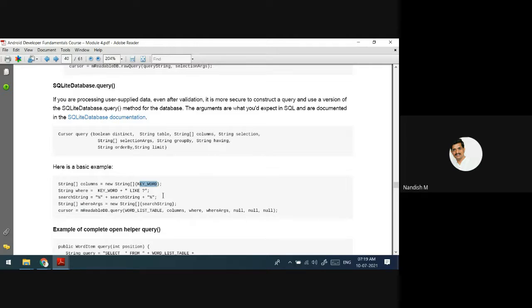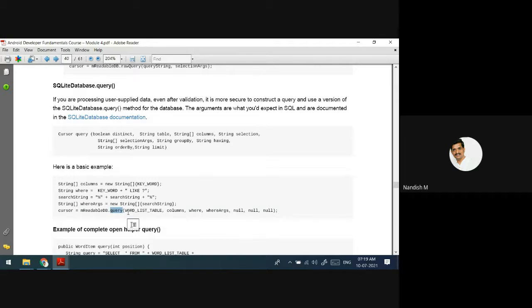There are three columns: ID, word, description. In that I want ID or I want word. You have to store that in the columns. Next, where. Instead of writing that complete query, we have passed it as arguments to the function called query.